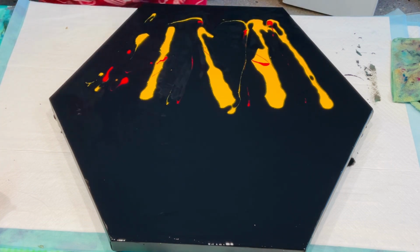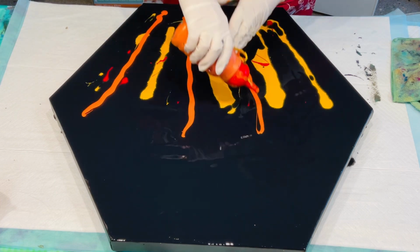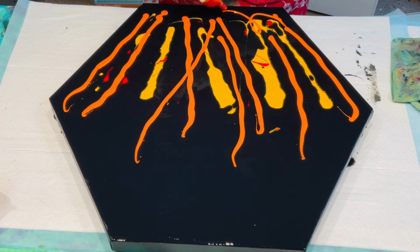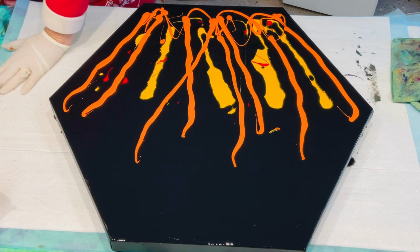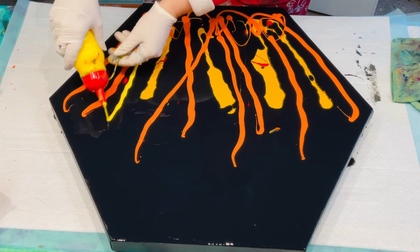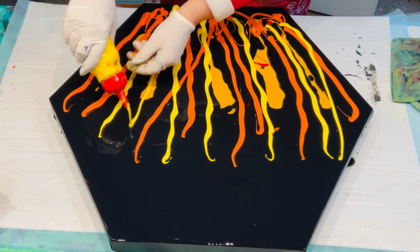And then I think I will go the orange. This is pre-mixed up, so orange, and then I'll add some more of this bright yellow. Really get me flames going here. It's definitely going to be a warm